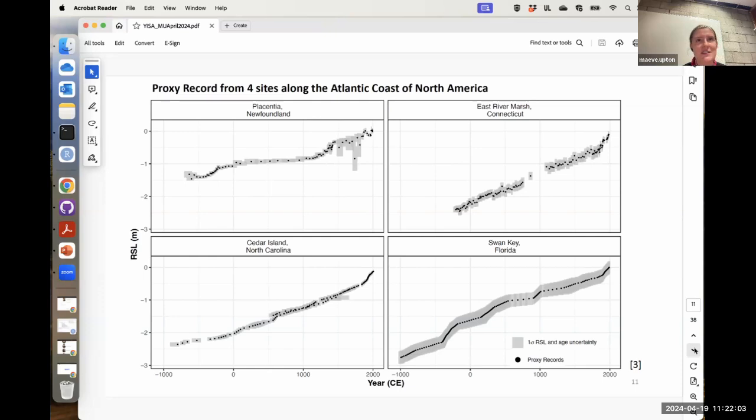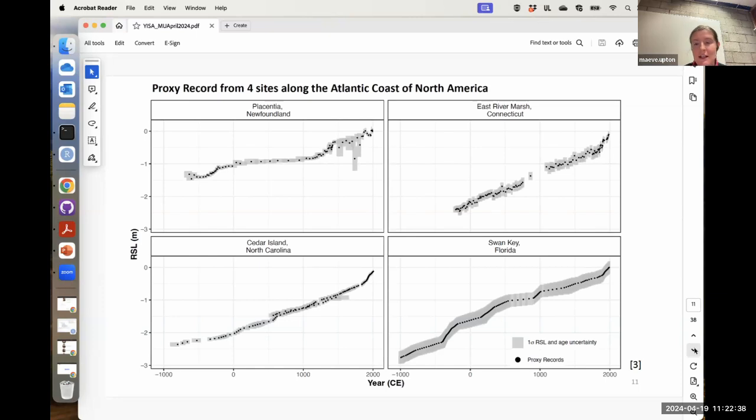When you go out to your field, you take a core and you take samples of how the sea level changed with depth, and then you use statistical models to get a relationship between depth and sea level. And then we also do dating, carbon dating, which all links together to give these final results. There's a whole other section to how the data is processed, but I'm only going to focus on the final product. So you can see how the 4 sites vary differently in space, and the size of the uncertainties